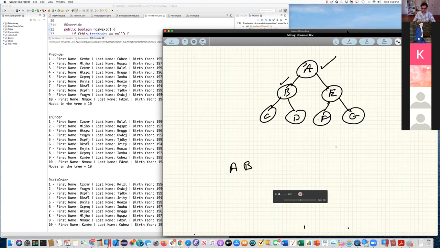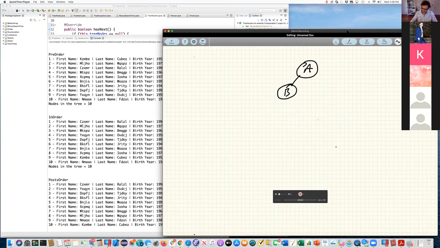Visit the right node, the left child, C, and then D, and then E, this is pre-order, and then F, and then G. Actually, you know what? Let me just do this so that we can come up with something that actually makes sense. Because in order should come out in order, pre-order should not.